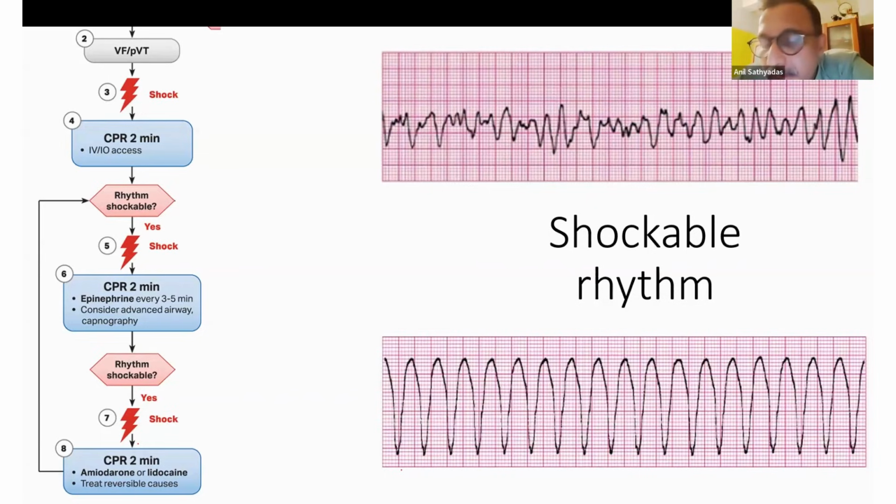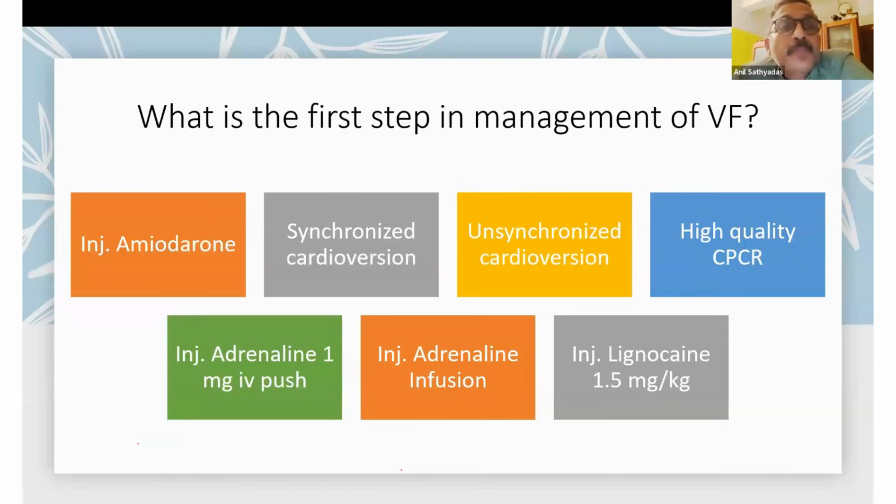Okay. So 3 things can occur, but immediately after the shock, we don't look to see, we don't check the rhythm to see if it has reverted or not. So what we do is start CPR for 2 minutes, okay? And at the end of 2 minutes, we see whether the shock that we gave earlier was successful or not. Fine. So that should always be followed. Don't check for rhythm soon after the shock, okay? And we'll discuss why it is done in later slides.